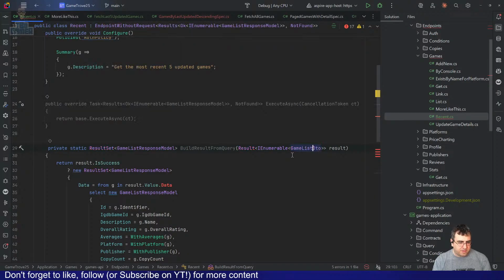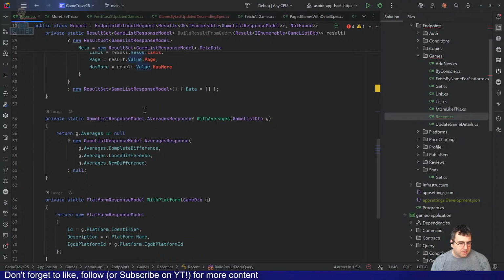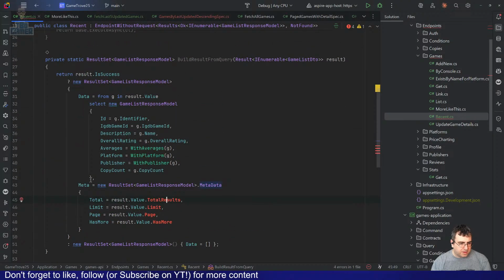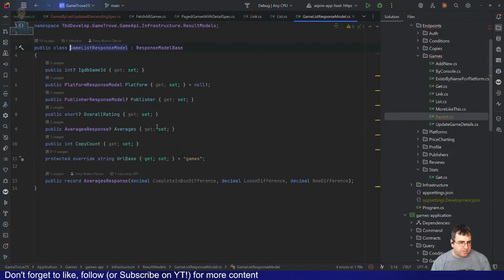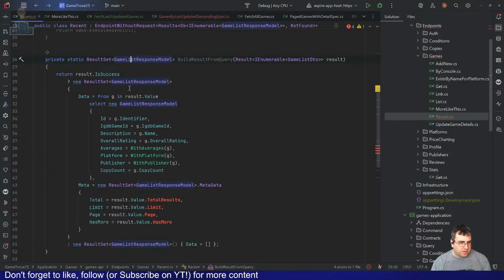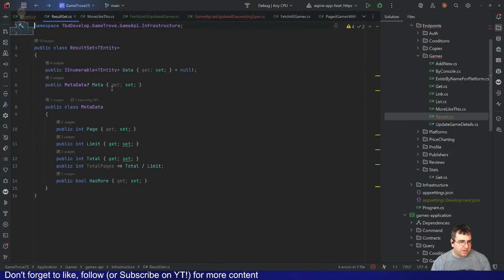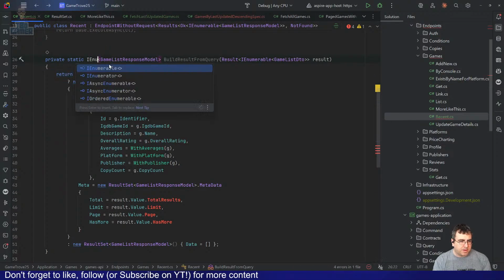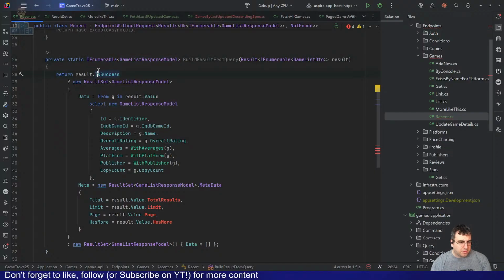It's slightly different. New result set, games list response model. Oh, that's paged. That's the page part. That's just going to be enumerable then. Right.